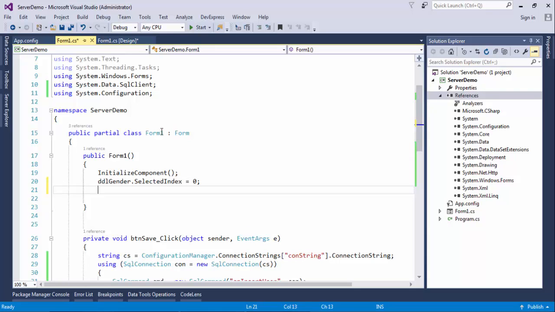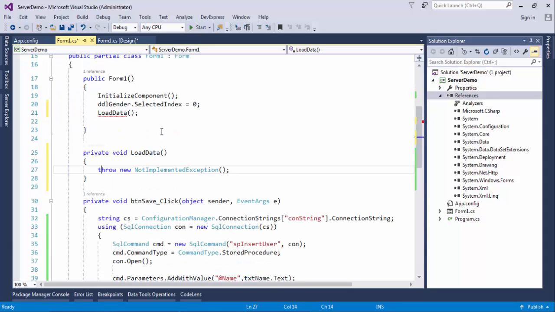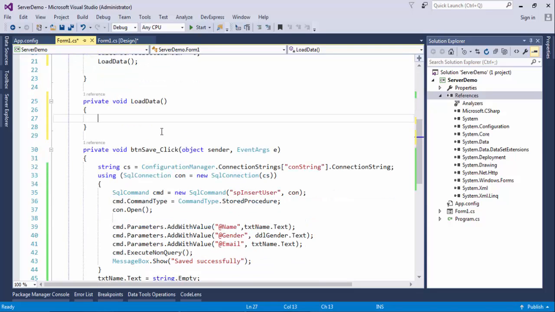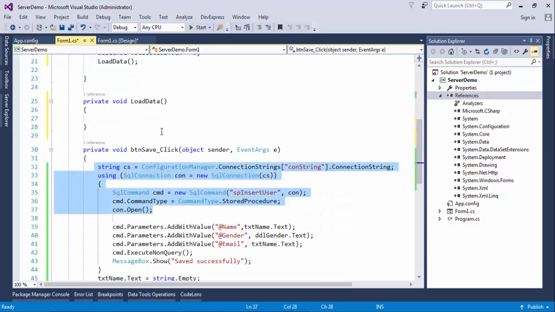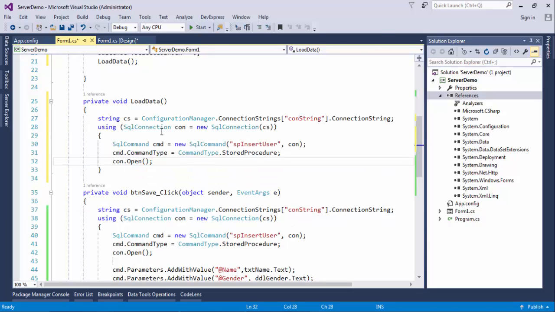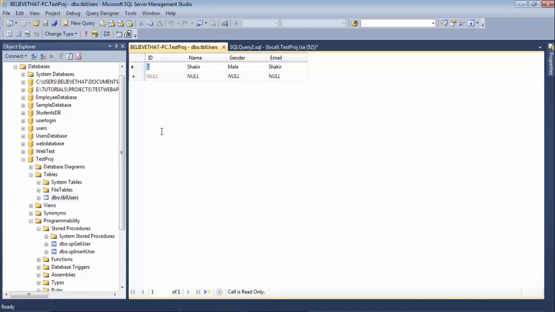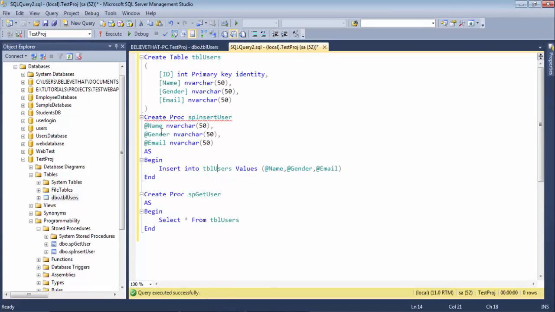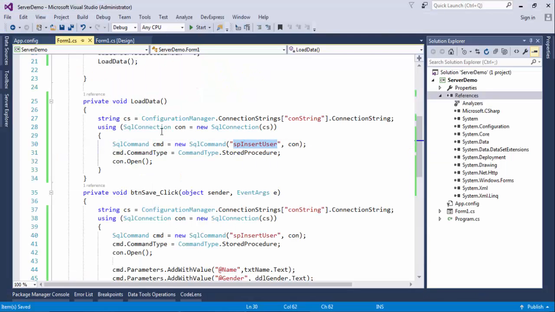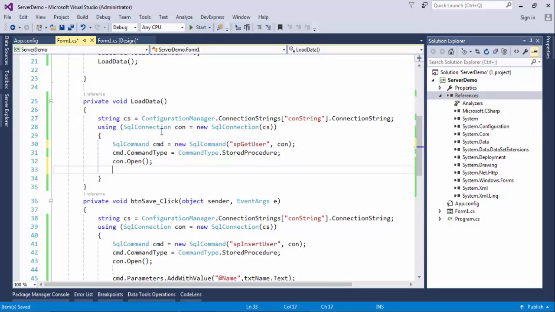So in initialize components, load data, copy the same piece of code, and we are getting the users from the database table, so copy the store procedure that is getting the user, sp get user, paste it right here. After this